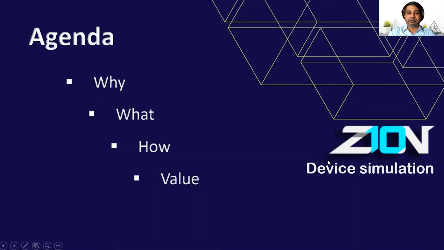As I said, we call this device simulation solution Xeon. So we will look at why we started investing into this device simulation, what it is, and then how we've implemented it, and finally we'll look at the value that Xeon has provided us.